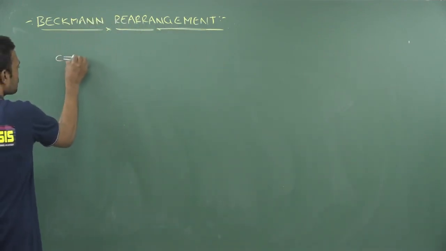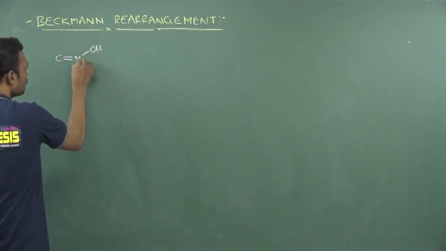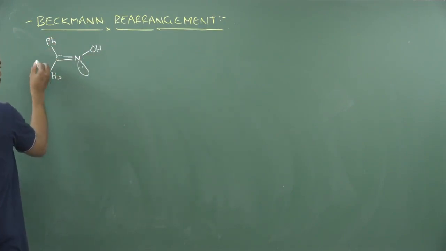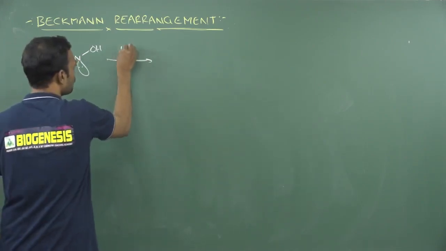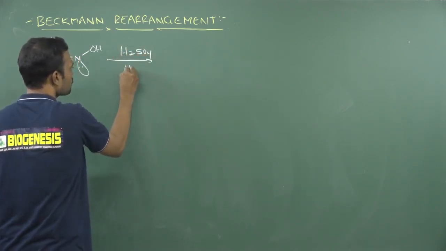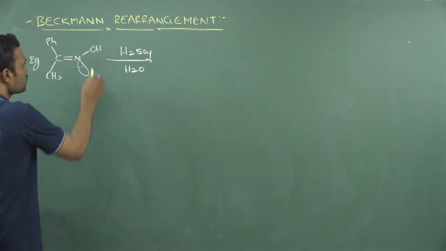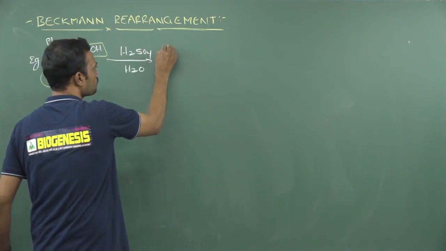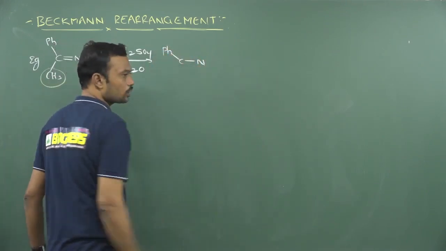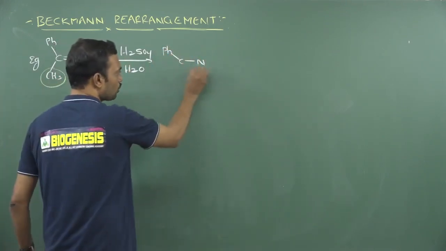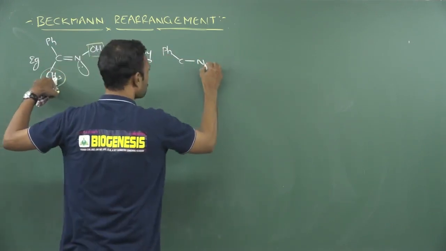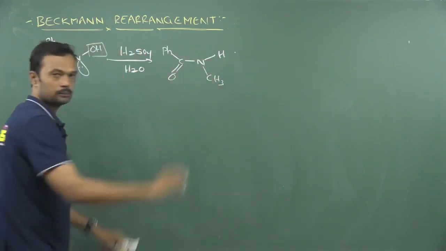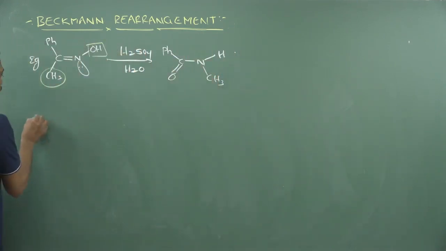In order to predict a Beckmann product, first you need to write an oxime. Here I would like to write two different substitutions; you can write similar or dissimilar. Now you can use any kind of protic acid in presence of water. Simply, the group which is trans to hydroxy is the migrating group. Which is trans here? Methyl. So when methyl is trans, first you write down carbon nitrogen. This is a shortcut I am explaining, simple logic. First you write down carbon nitrogen, whichever is trans to hydroxy, that you migrate onto nitrogen, and this carbon you write as carbonyl, and here you write hydrogen. Simple. It is a shortcut to predict Beckmann, which will give an N-substituted amide.